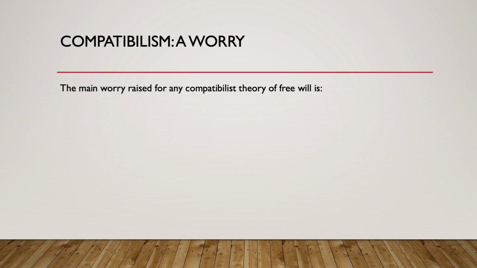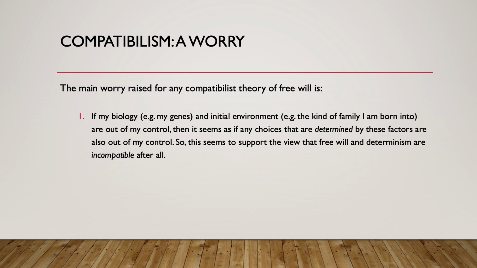But the main worry for a compatibilist view of free will is the following. If my biology, so my genes, and the initial environment I'm born into, say the kind of family I'm born into, are out of my control, then it seems as if any choices that are determined by these factors are also out of my control. And so that would seem to support the view that free will and determinism are incompatible after all. So the idea here is, look,